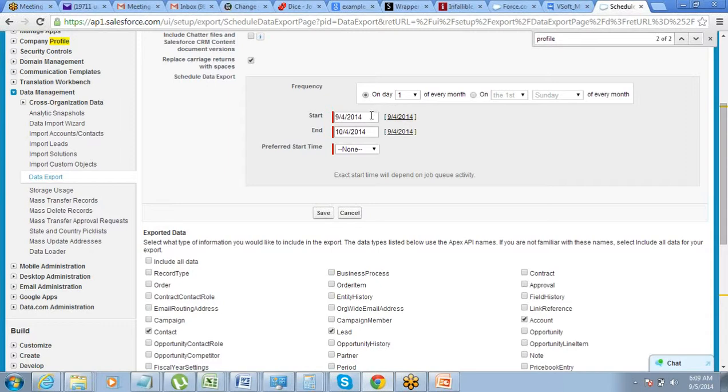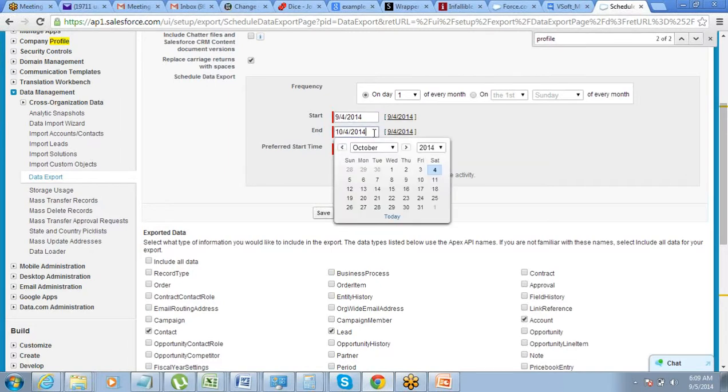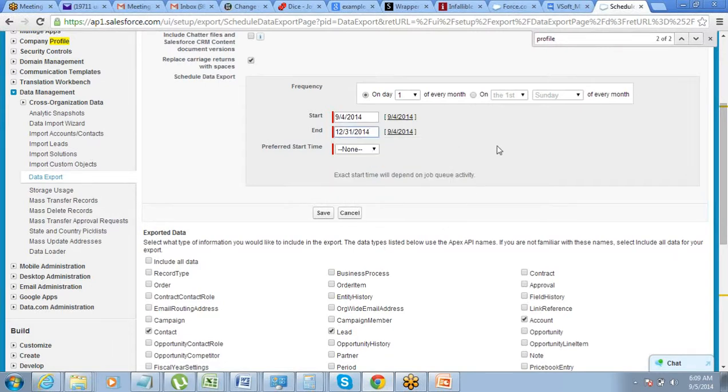Define when you want to start the schedule and till when you want to continue. Let's say you want to start it on 4th of September and continue till 31st December. That's fine. And do you have a preferred time to start the export schedule? So that is it. Fine.